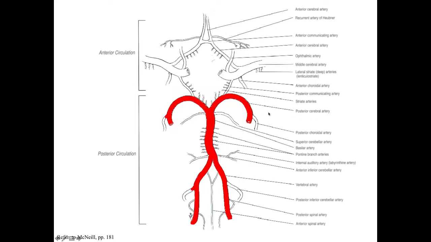And I'm ignoring some of these parts here, where we talk about the cerebellar part. We'll come back to those in a little bit. But I just want to focus in on how we're supplying blood to the cerebrum itself. And so this is going and feeding into that posterior part of the cerebrum. The middle cerebral artery that we have here is one that helps to feed in. So the internal carotid comes in, feeds into this middle cerebral artery here, and supplies the left and the right